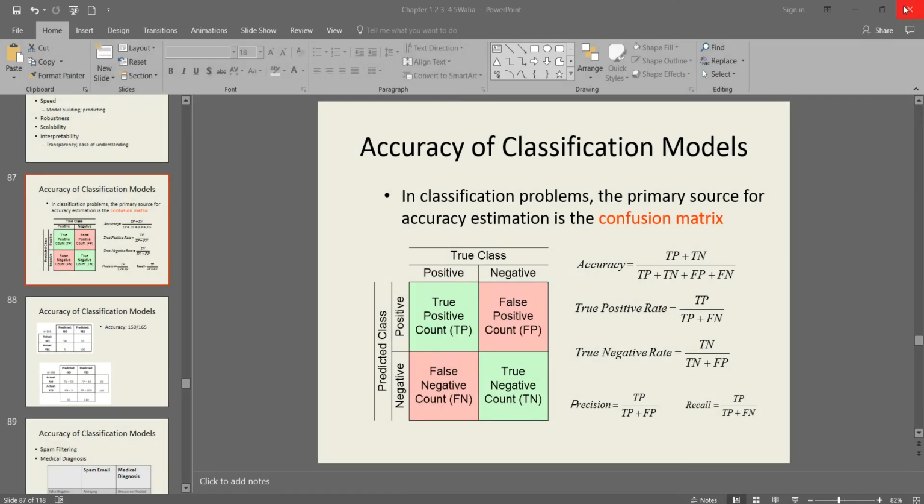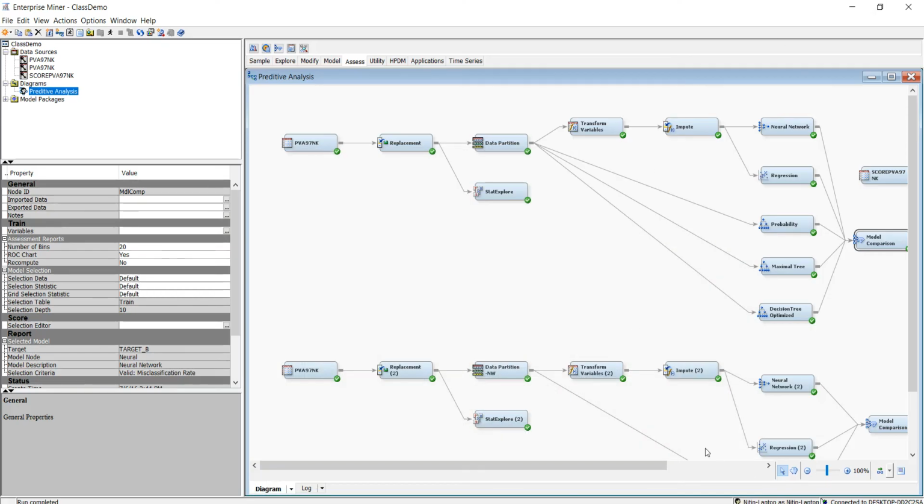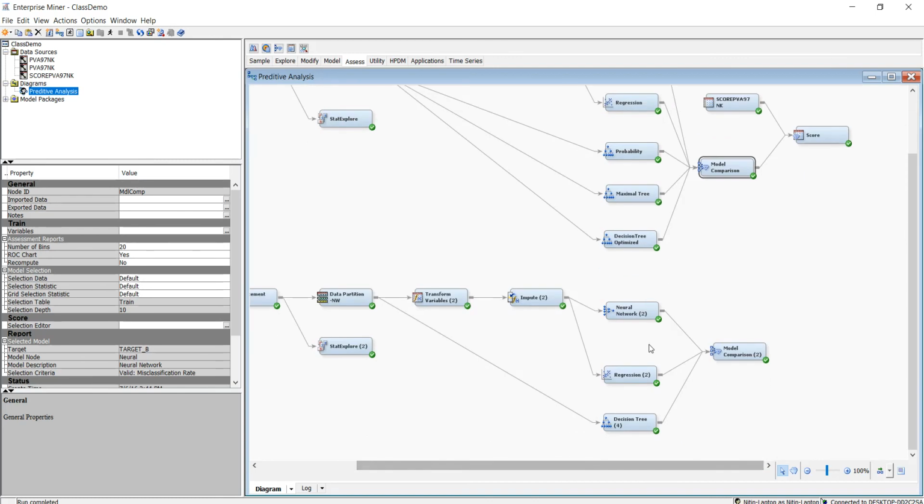So that was chapter number 6. Now moving to chapter number 7, which is model implementation. So what is a model implementation? Once you have this